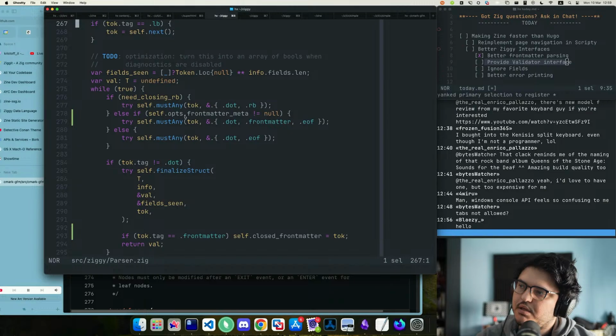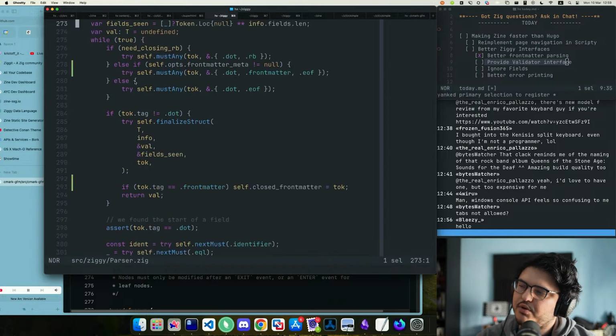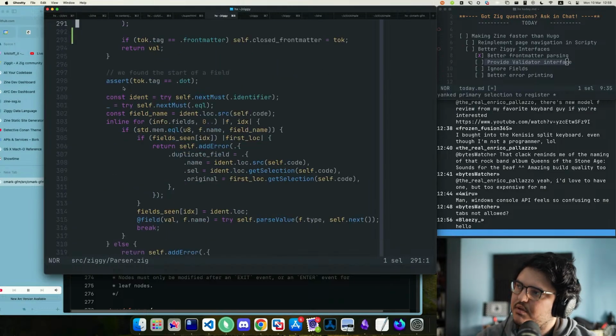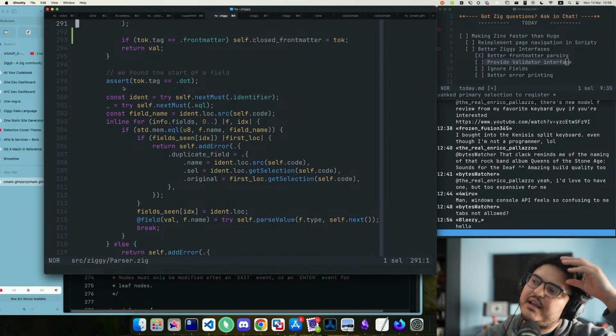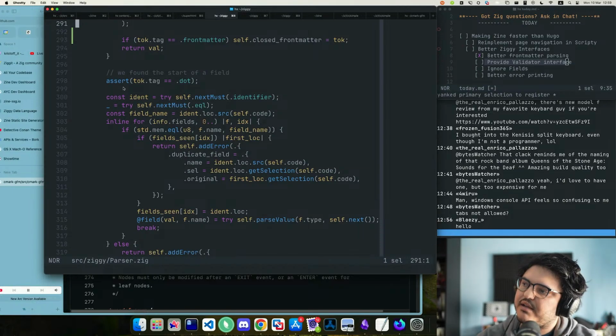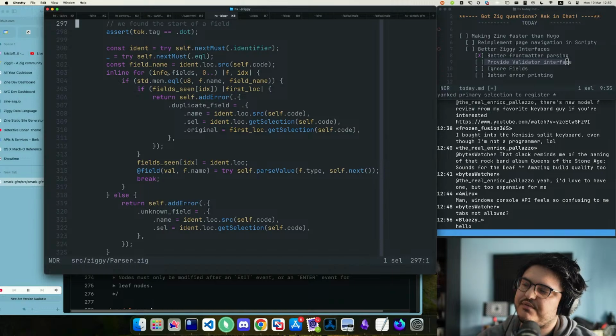So we look at tokens. We expect to find dot identifier. The identifier tells us what the field name is, equal fname, field name. So what we need to do next is say, okay,